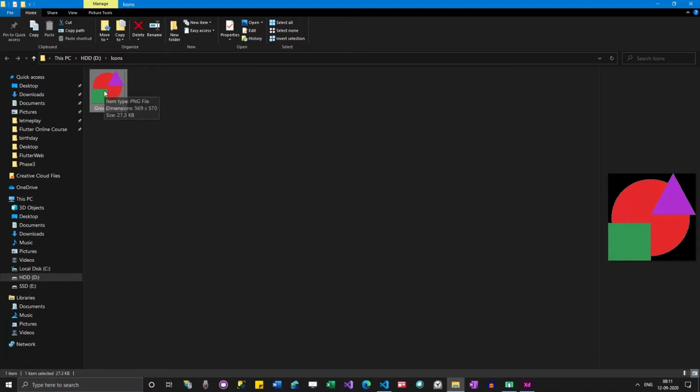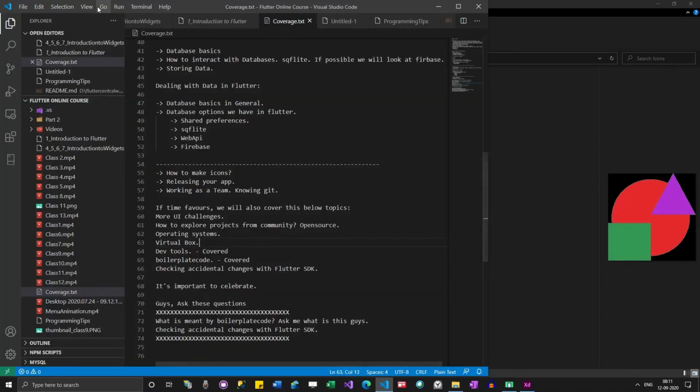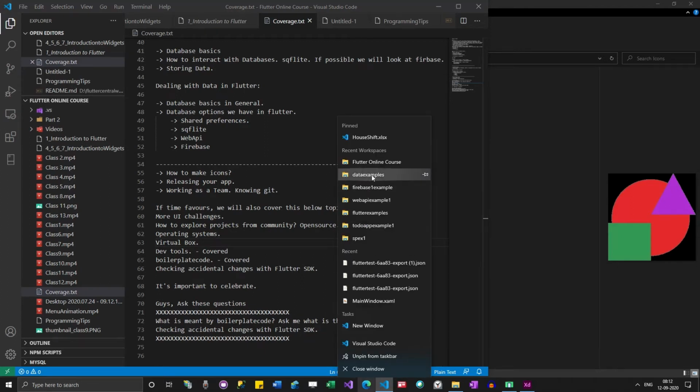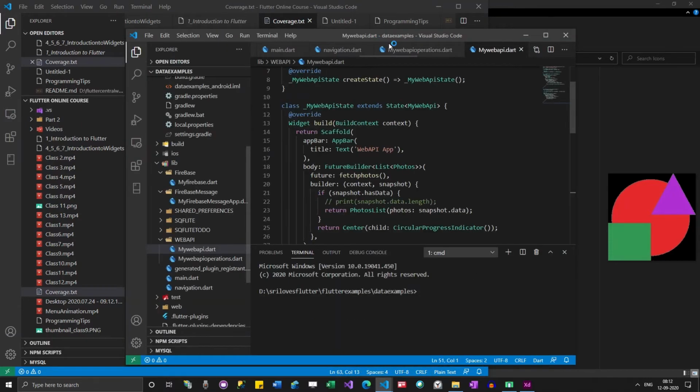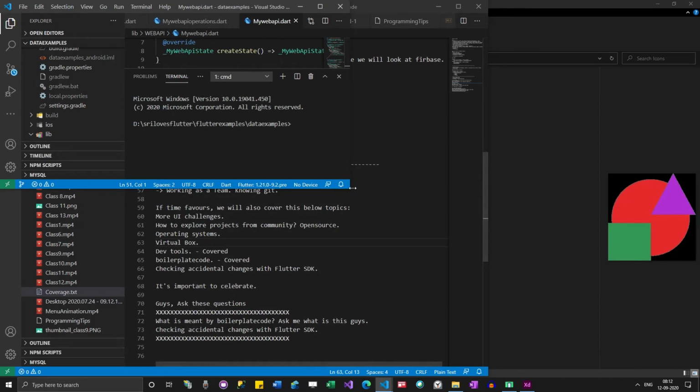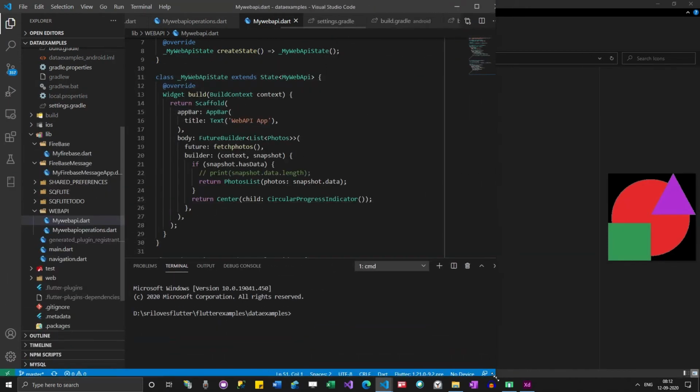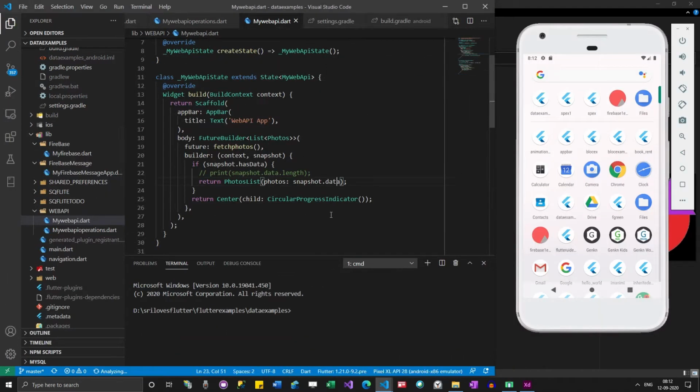Now I'm going to import this into my Flutter application. In my case, let me first open this data examples project. I'm just opening an existing application to see whether it has any icon or not. So let me run this.